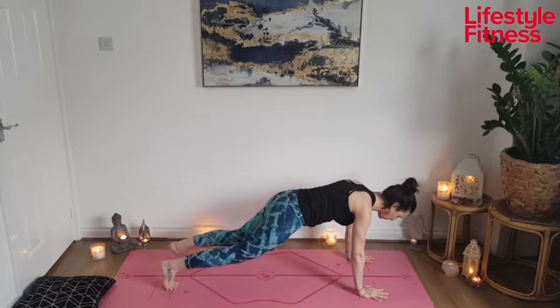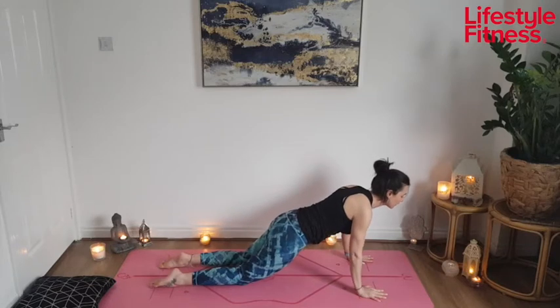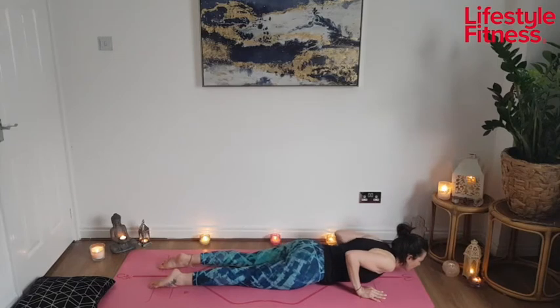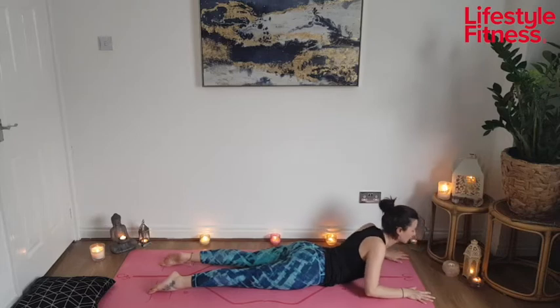Awesome, well done. Bring those knees down, release the toes, take a nice deep breath in, lengthen the spine, and as you exhale, hook the elbows into the rib cage, coming down with control. We're going to come up into Cobra, or if you want to do a gentler back bend, you can do Sphinx. Bring the hands further forward, press the feet and pubic bone into the mat, and inhale, lift the chest